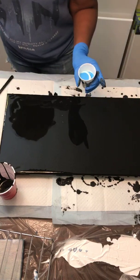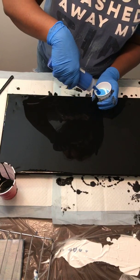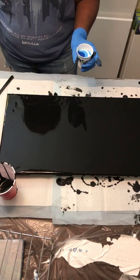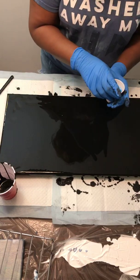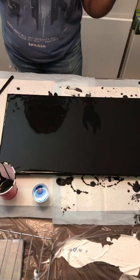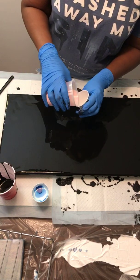The way I layered the cup is I layered it on the side. I'm trying to think, because this canvas is kind of big, but I kind of thought I wanted to do something else too. All right, so this next cup, what I'm going to do is I'm going to layer it